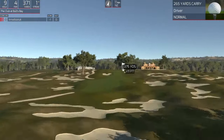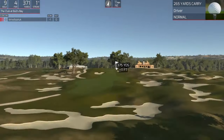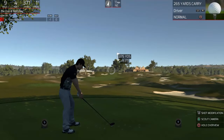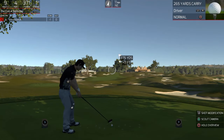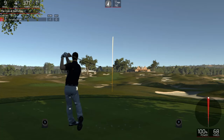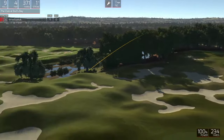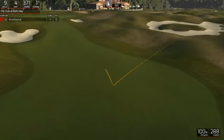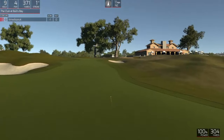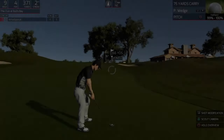Got the wind behind us, an 11-mile-an-hour wind, so I expect to be hitting this 315 yards. Let's see what we get. We got a nice straight strike, 100%. Oh, it's uphill, so it's going to hold it up a little. 308 yards, which should leave us